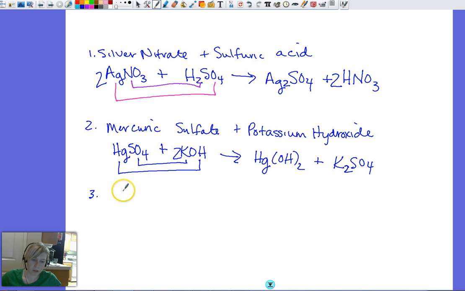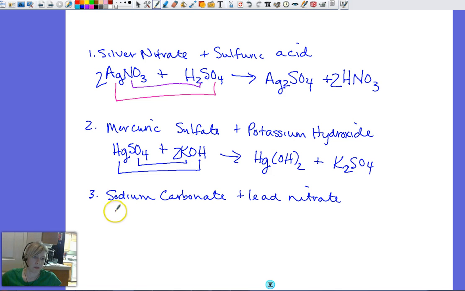Number 3 says sodium carbonate and lead nitrate. So sodium carbonate, our sodium is plus 1, our carbonate is 2-, so we have Na2CO3 plus lead, which is a plus 2, and our nitrate is a -1, so we have Pb(NO3)2. And when they switch partners,